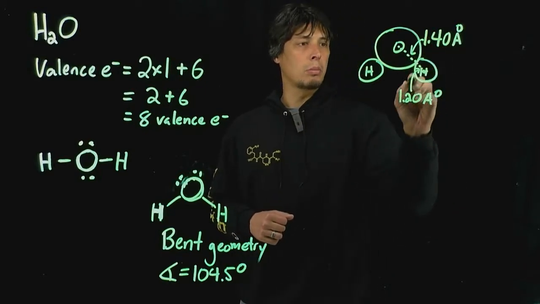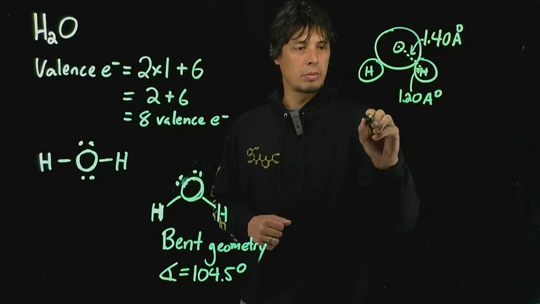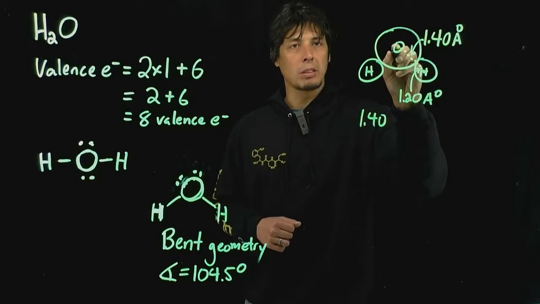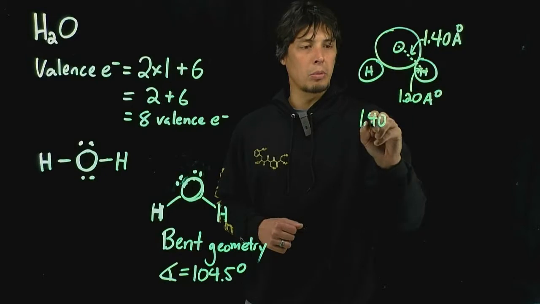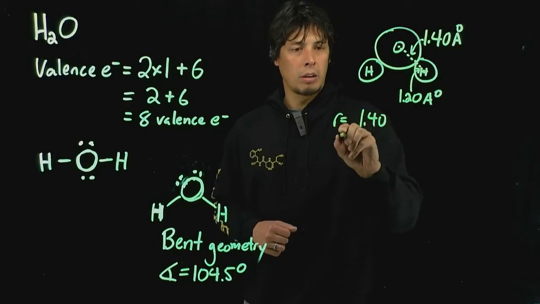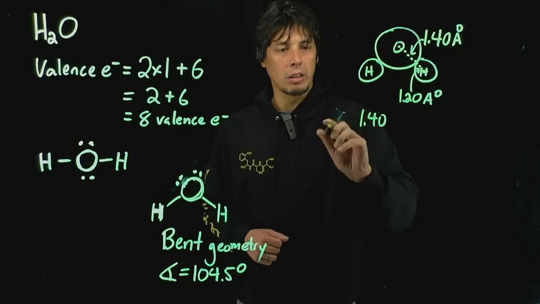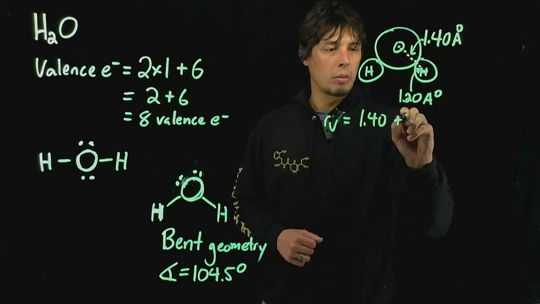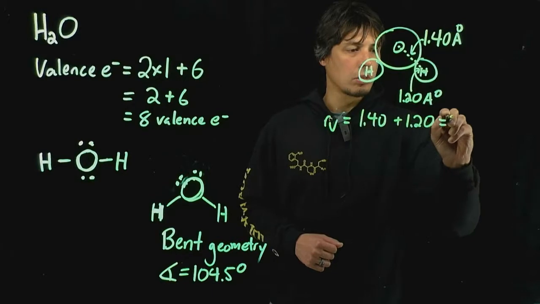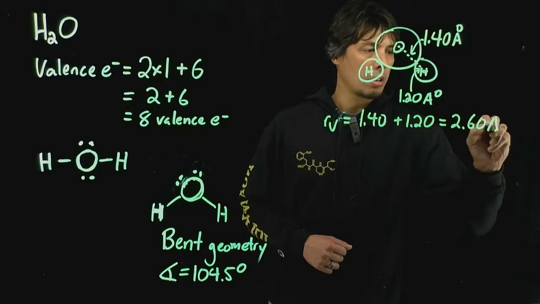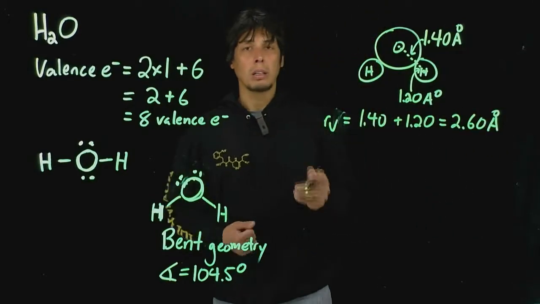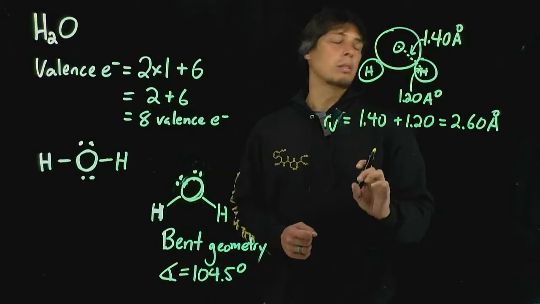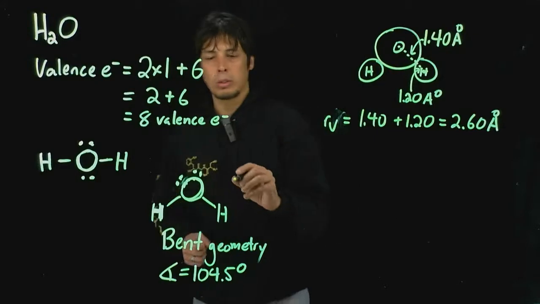If there were no interaction between this oxygen and this hydrogen, we would expect 1.4 plus 1.2. We would expect the distance between the centers of the oxygen and the hydrogen to be the van der Waals radius for the OH: 1.4 plus 1.2 equals 2.6 angstroms. However, there's bonding. There's sharing of electrons between the oxygen and the hydrogen. And so the actual observed